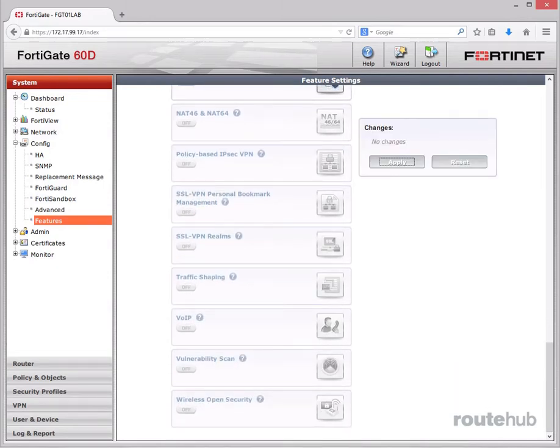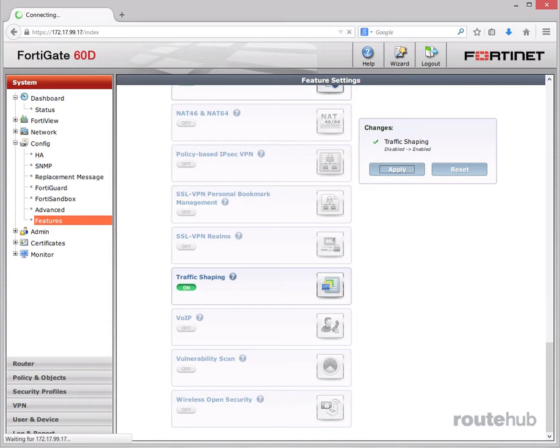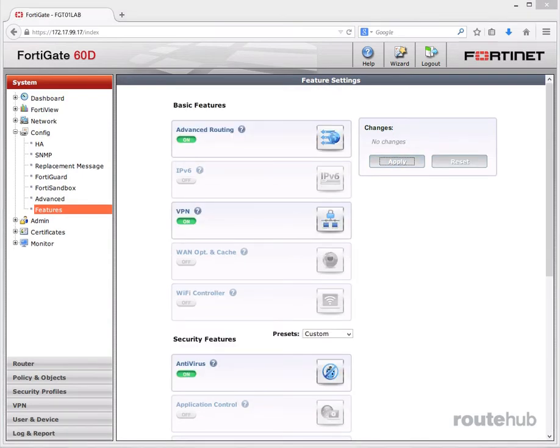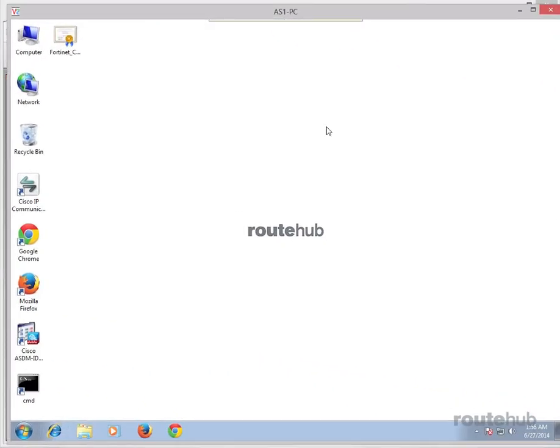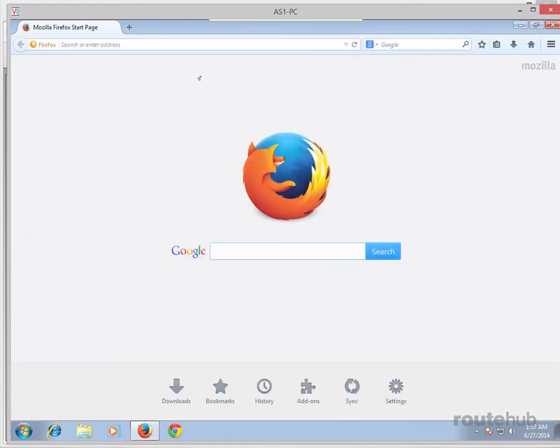Oh, there it is. Let's go ahead and enable it, turn it on, and let's apply our changes. Right now, any user accessing the internet is not restricted to a certain amount of bandwidth. So for example, when we do a speed test,